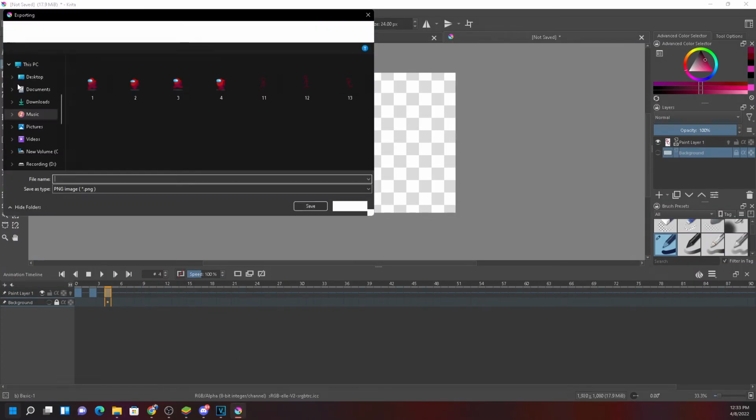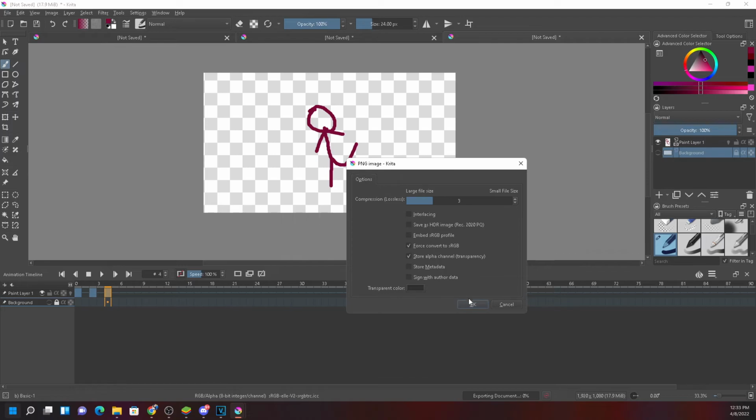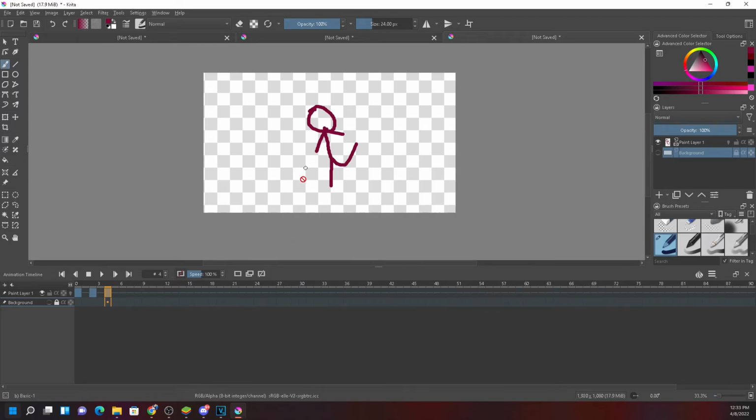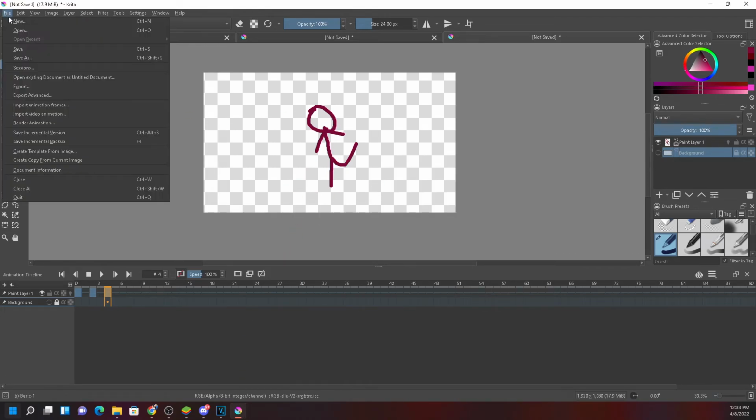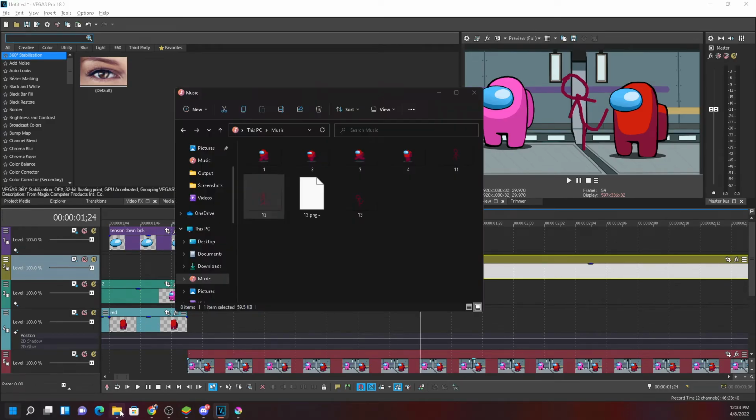Going to export and saved in the music folder as this file. Did you get it? After that, I've saved every image, go back to this folder, and simply drag these images inside this Vegas. Is it clear?